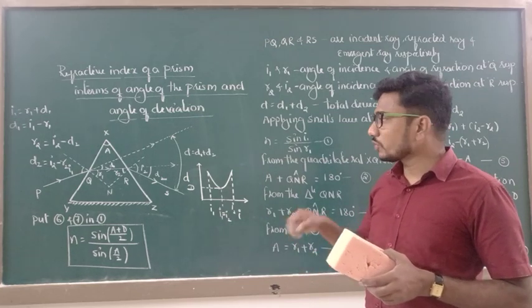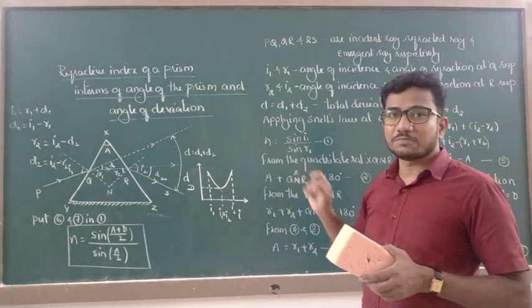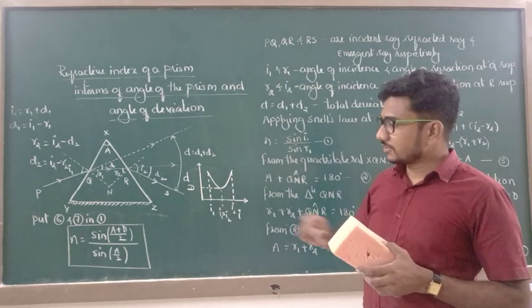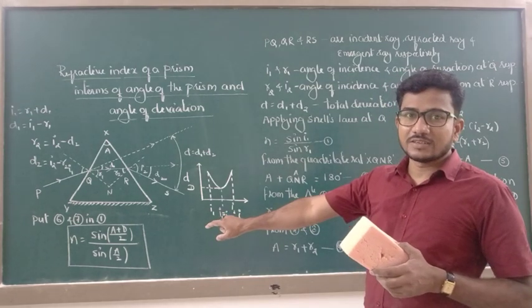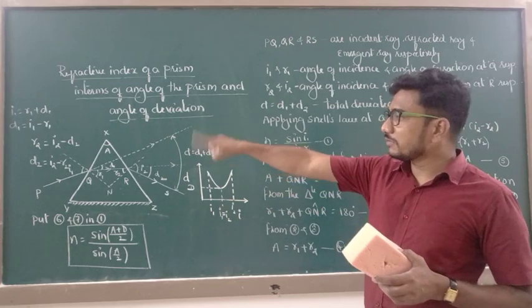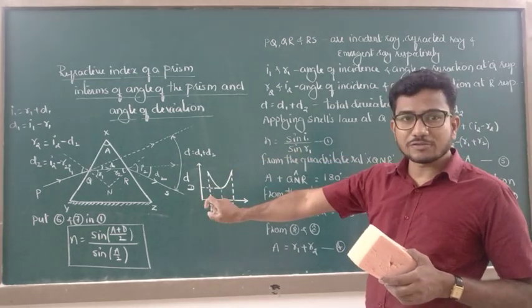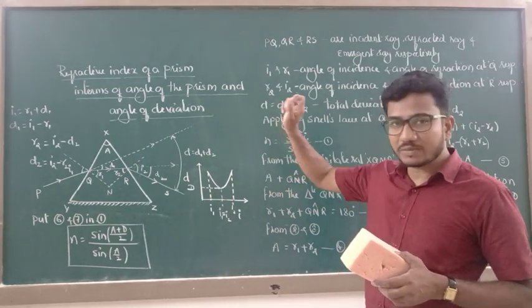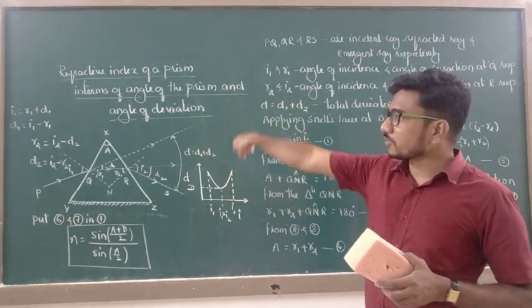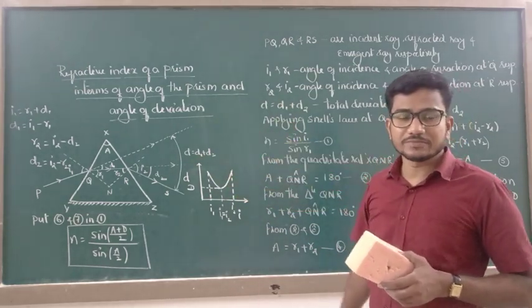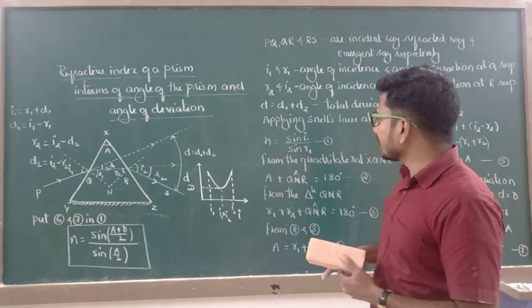During that instance, how to calculate the refractive index of material of the prism? So this is the case when the surrounding medium is air or vacuum. That is, n is absolute refractive index, the refractive index of material of the prism with respect to air or vacuum. For other than air or vacuum,